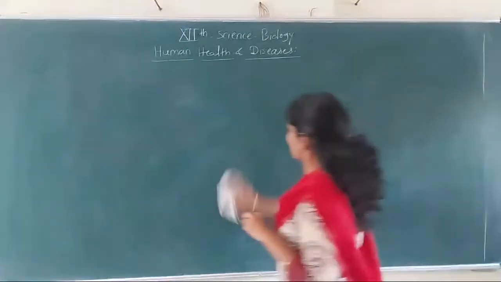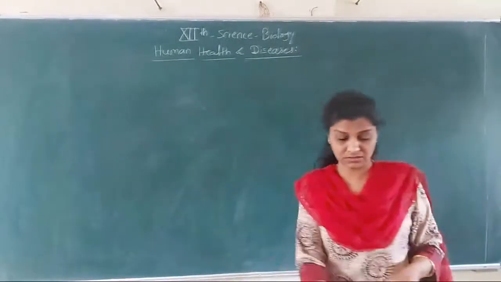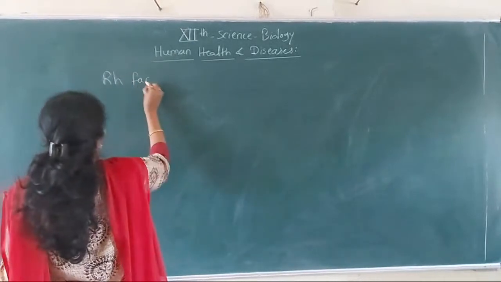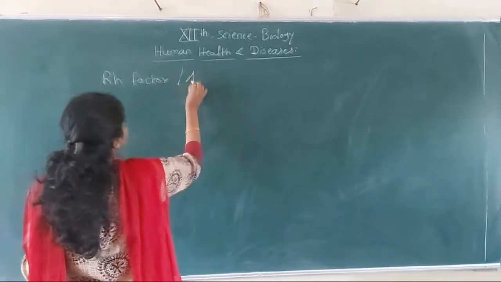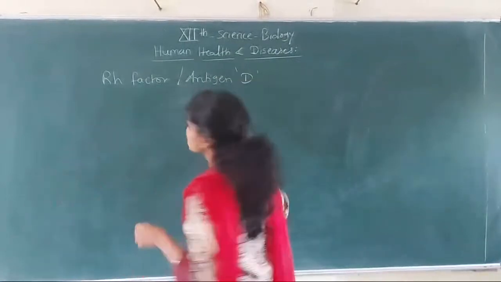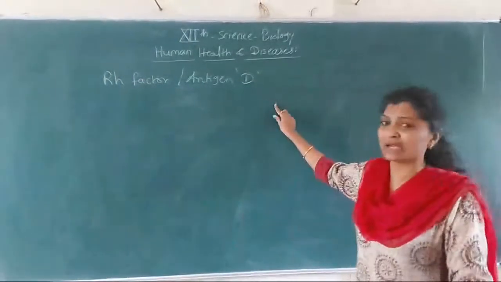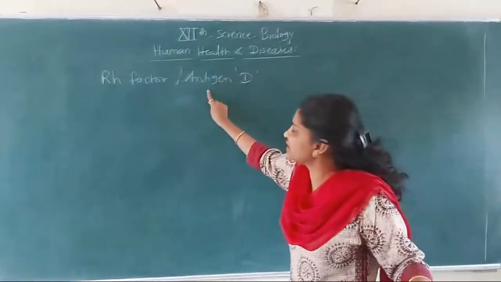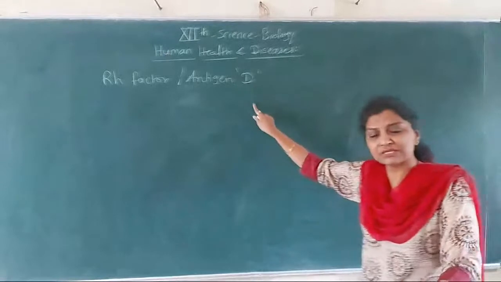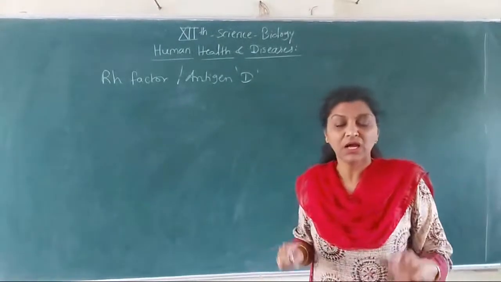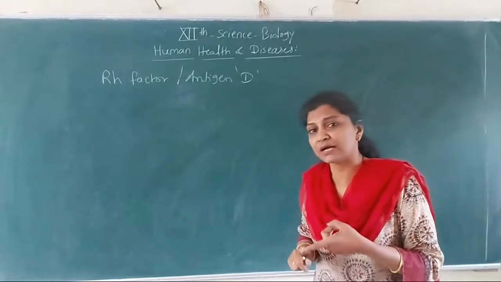RH factor or antigen D. So RH factor, or it is also called antigen D. So this antigen D is present again on the surface of the RBCs. Okay. So this antigen D was first discovered by Landsteiner and Wiener in 1940 on the surface of the RBCs